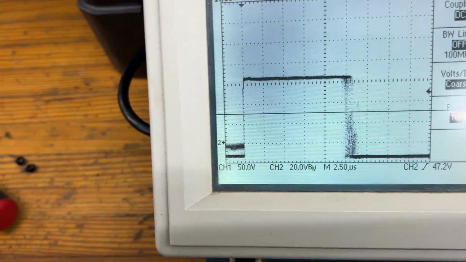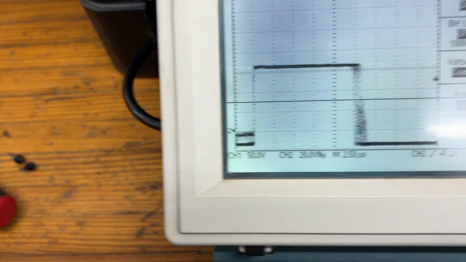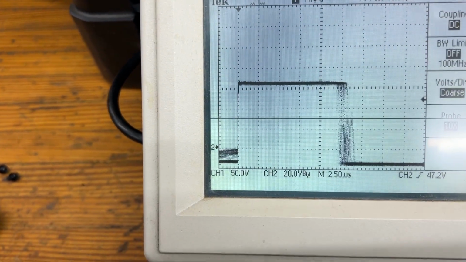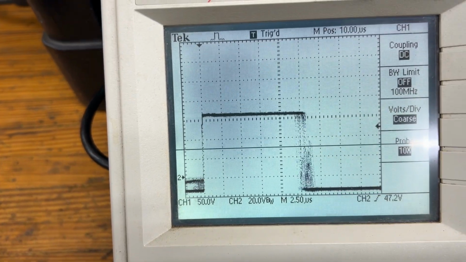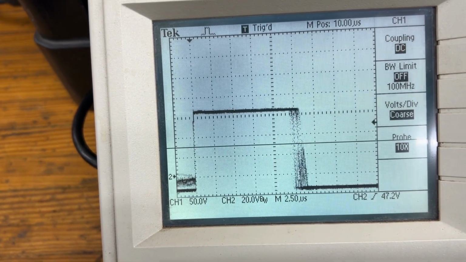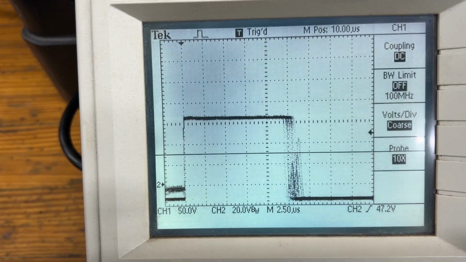I think we can conclude there's something wrong with the pulse width modulation, which is a deeper problem that is probably going to make it difficult to fix. So I will think about this and get back to